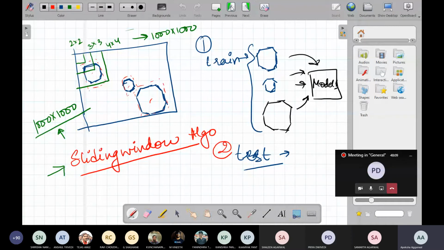We were identifying multiple objects in the image. Our goal is to identify multiple objects in the image, and all the objects are of different sizes. But our filter has a fixed size. So from a fixed size filter, how can we identify objects of multiple sizes?